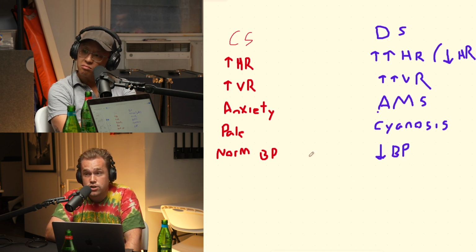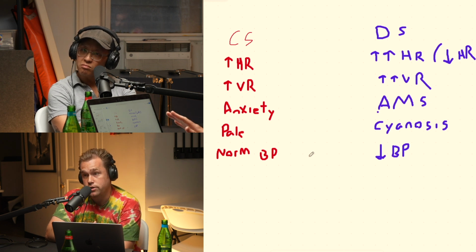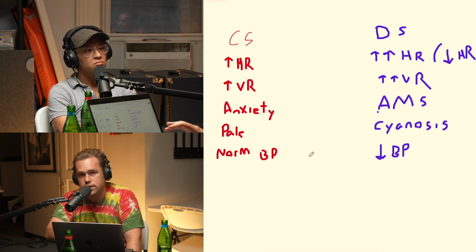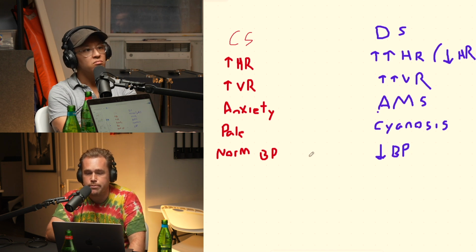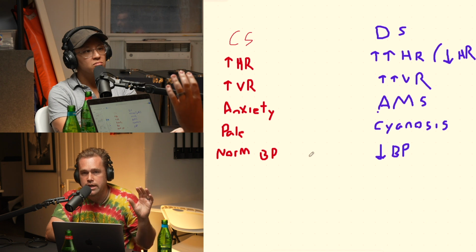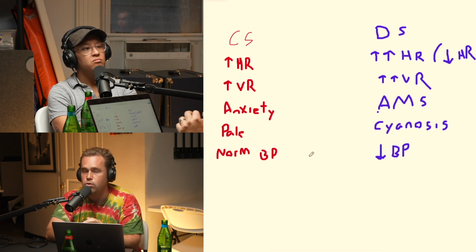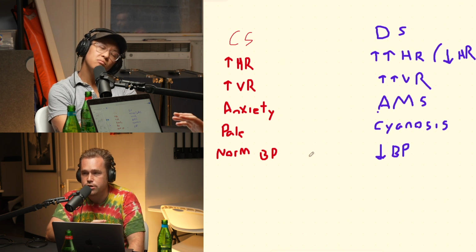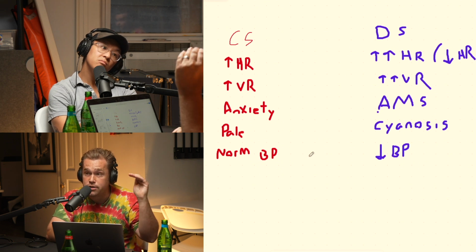So the third stage of shock, it used to be called irreversible shock. There's a few different things we call it now. Multiple organ dysfunction syndrome, multiple organ failure. There's a few different terms for it. But pretty much what it means and why we used to call it irreversible is, let's say we have somebody who was in a really bad car accident. They lost a lot of blood. They get them to surgery. They stop all the bleeding. They give this person pints upon pints of blood, and their perfusion's back up to normal.